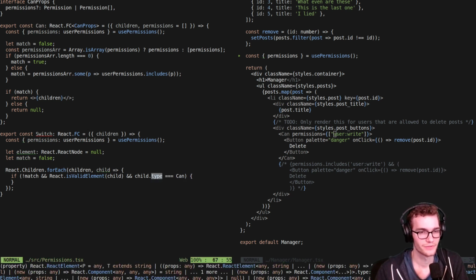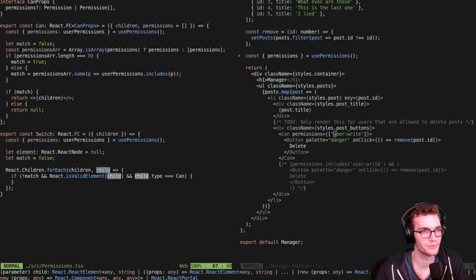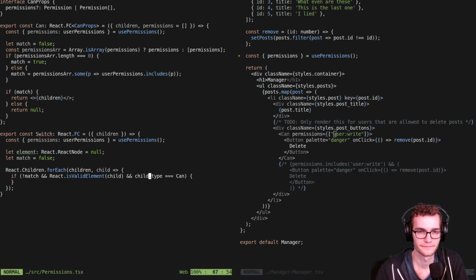And so what this will do is check and see if the element that we're trying to render here is one of our can components. Only then will we proceed. So I'm going to set the value of element to be our current child. And then I want to check and see if this matches, right? Ideally, I would have a check match function, which takes my user permissions, and also the props